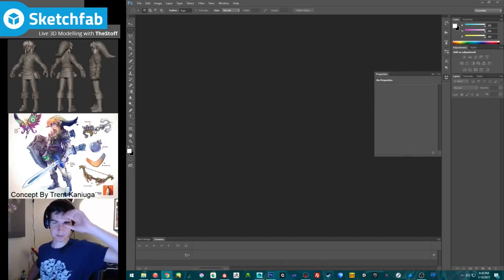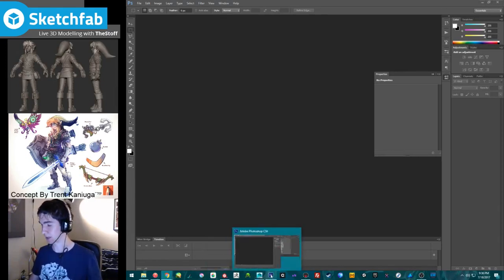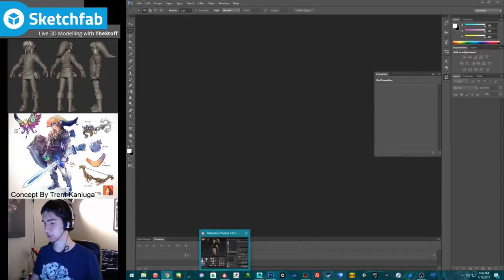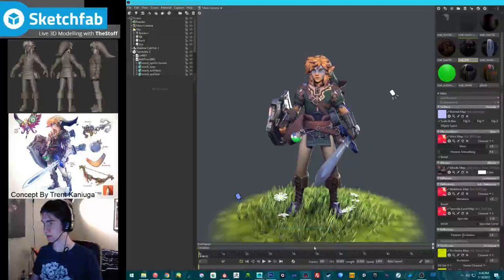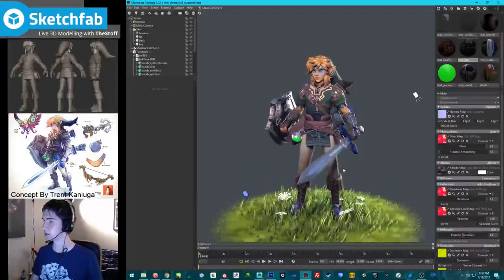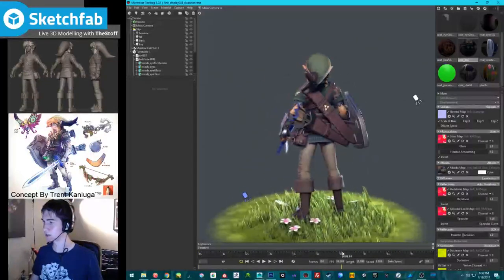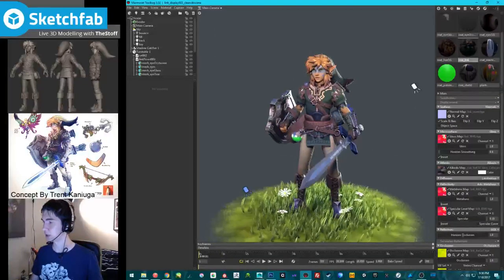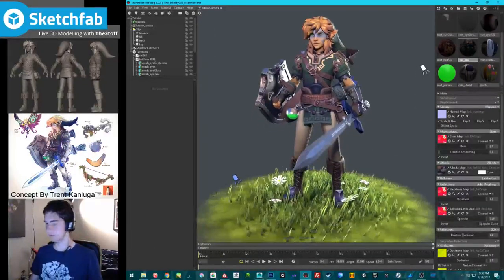Hey C2K. I'm not doing his entire inventory. I mean, he had like arrow designs or bow designs and a bomb and stuff, and I didn't end up making those. Maybe I will down the line, but right now he just has his sword, his shield, and a quiver. But yeah, there's my buddy. Anyway, where was I? I was working on his shield.